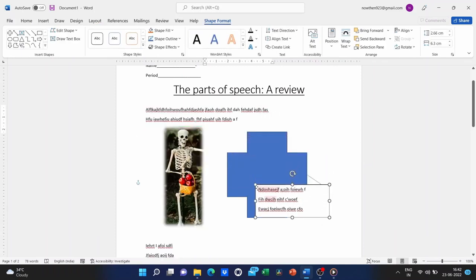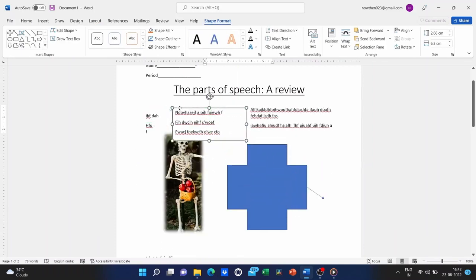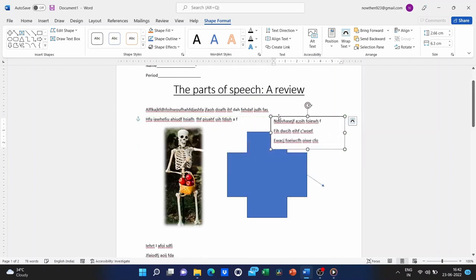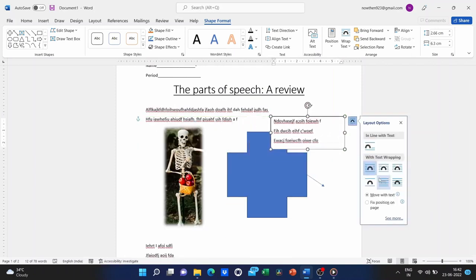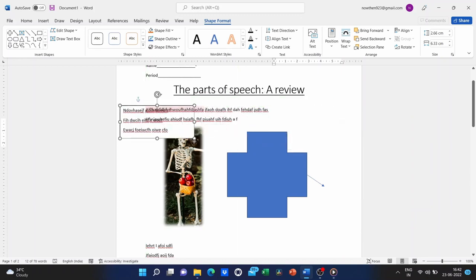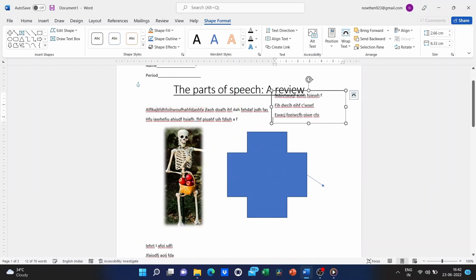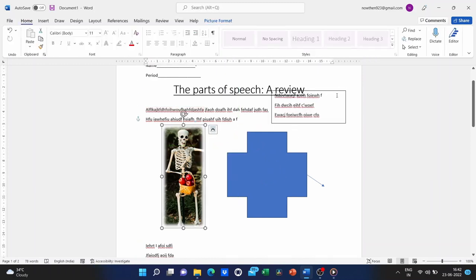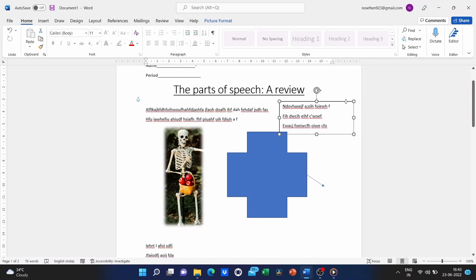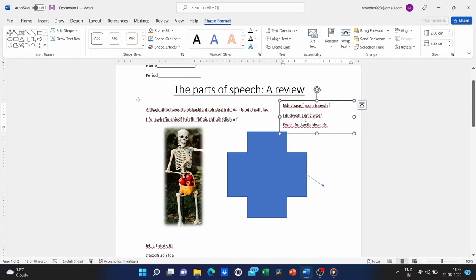Now it is interacting with the text, and if I don't want that to happen, I can use this button here to make it be behind the text, the other text, or in front of the text. I'm going to go with behind. So now, I can drag it freely, so similarly to how I fixed this photo and made it so that I could drag it anywhere I want it to be. Well, it's similar with text that's in a text box.